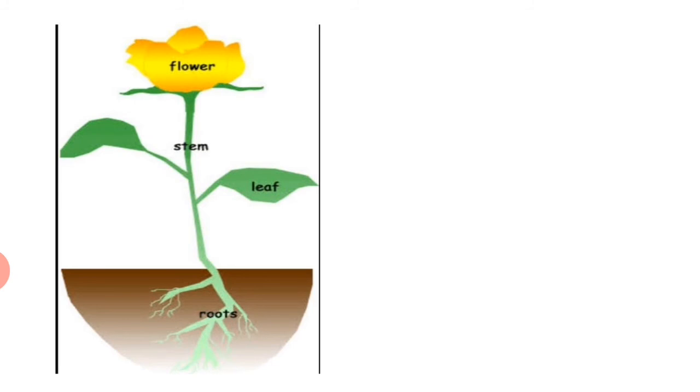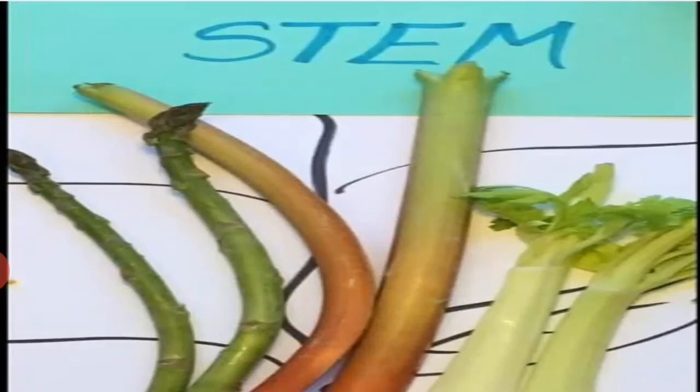We had studied different parts of the plants and we had started with the stem. What is the function of the stem? The stem conducts water, that means it carries water and minerals to leaves and other parts of the plant attached to the stem through the narrow tubes inside them.